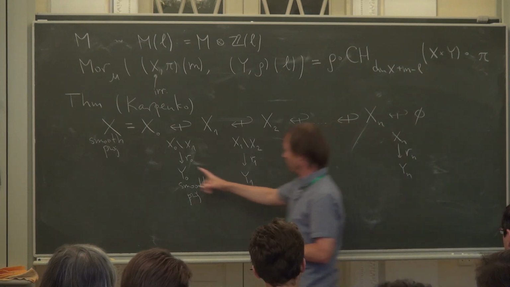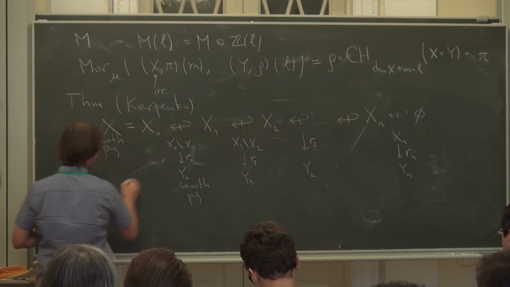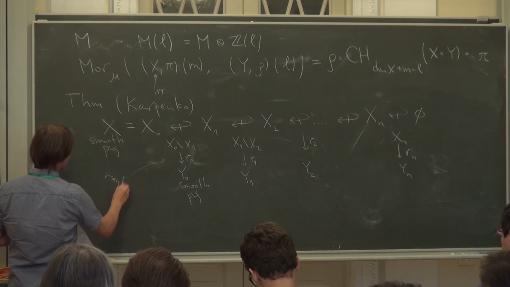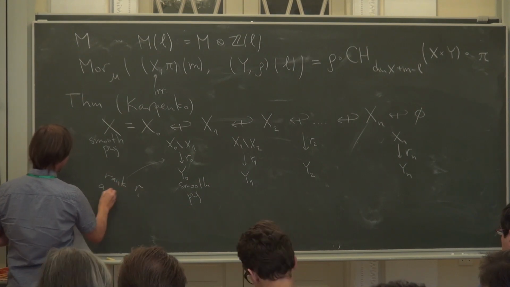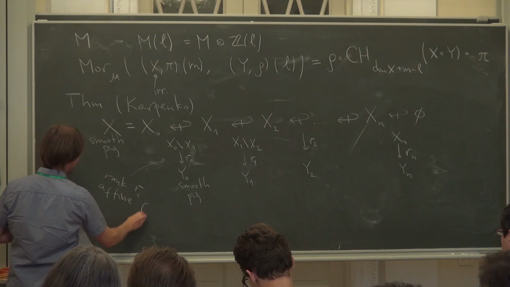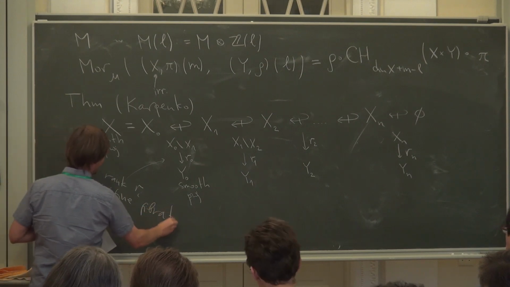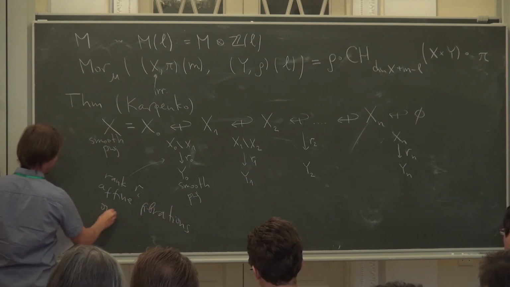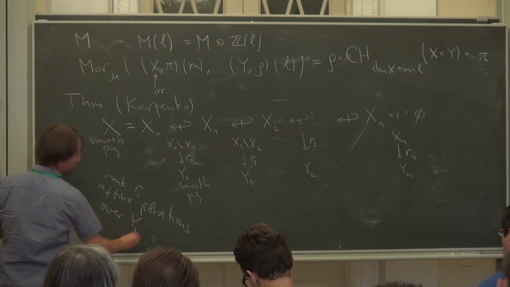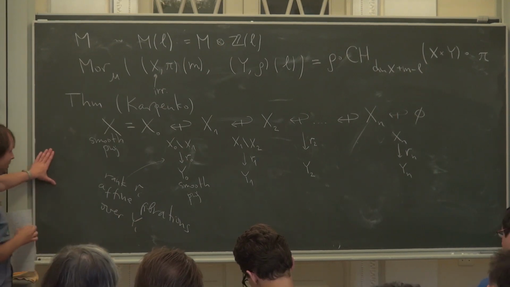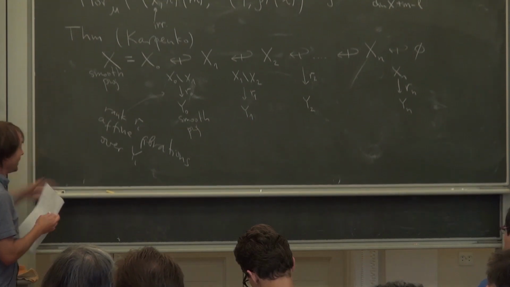So again, all these are rank Ri affine fibrations over some smooth projective varieties Yi. So then